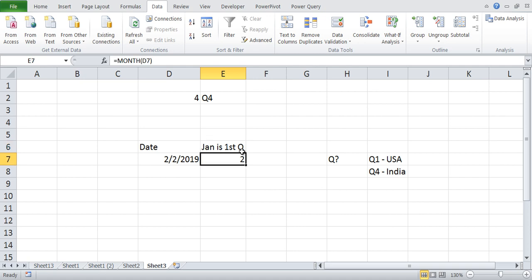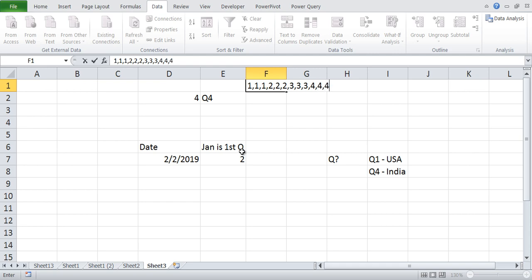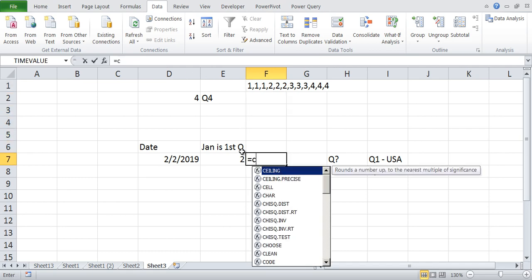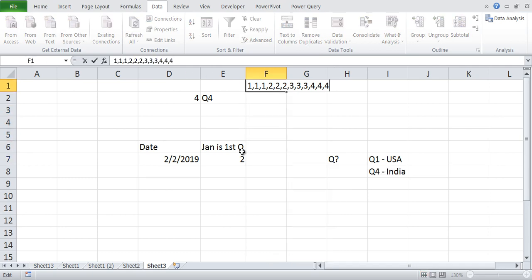Then April is second, May is second, June second, July third, August third, September third, October fourth, November fourth, December fourth. Right? So this is the sequence that I have. So I will use CHOOSE, I will have this index, and I will put these values. See, it has given me 1 quarter.